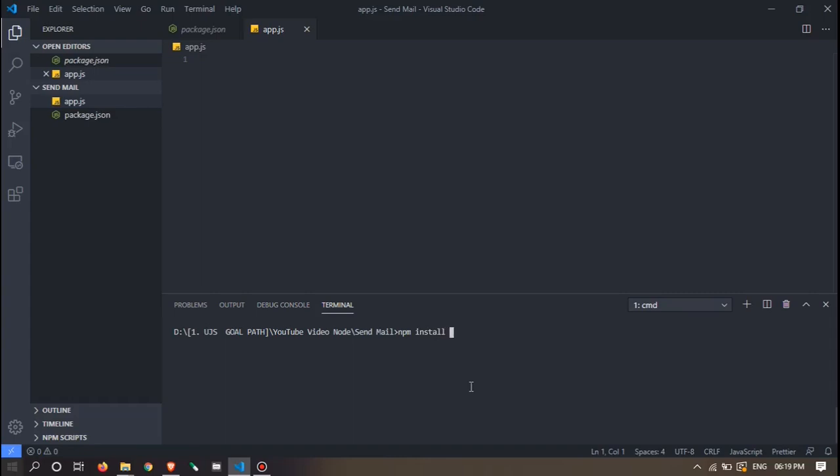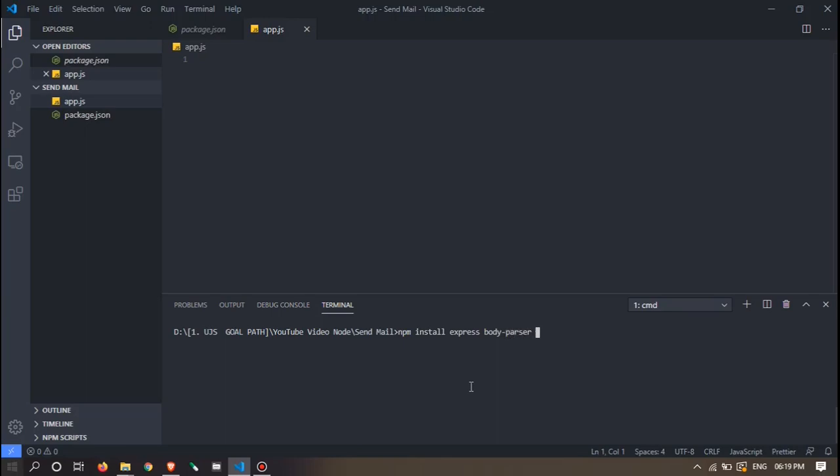We will install packages such as express. First express, then we need body parser to parse our HTML body. If you don't know what body parser is, let me know in the comments.